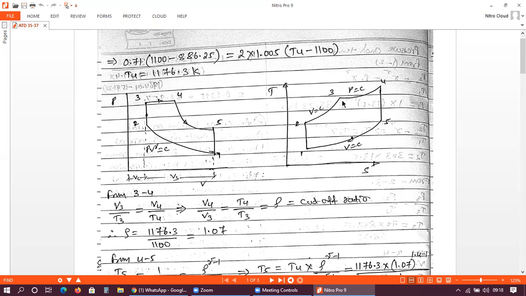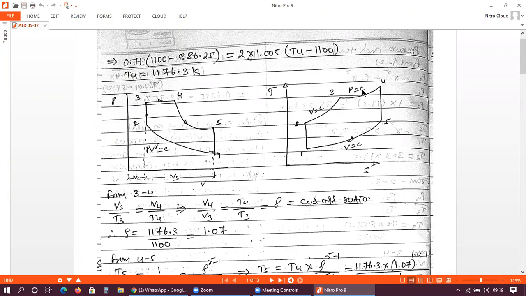And what is the continuation of the problem statement? The temperature at the end of the constant pressure process. So point number 4 will be the constant pressure point, right? Point number 4, and here the temperature, as you can see on the TS diagram, this is point number 4, which indicates heat addition at constant pressure. So you can see P is equal to constant here.